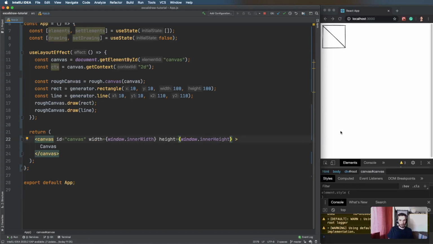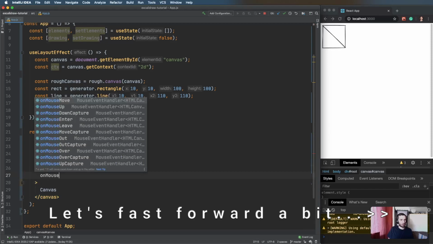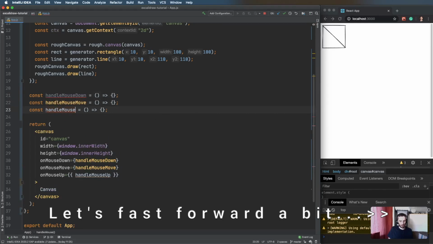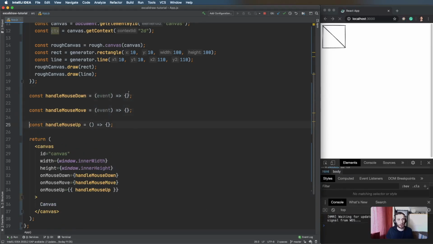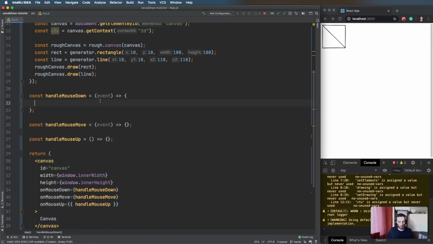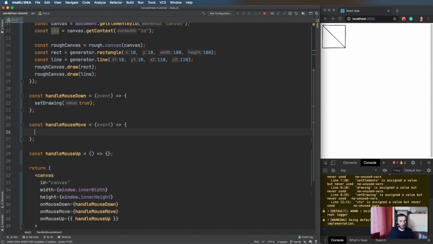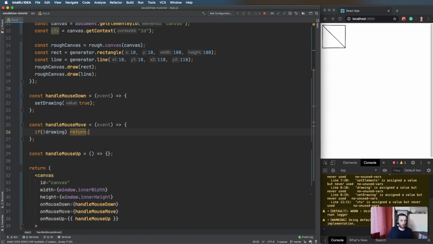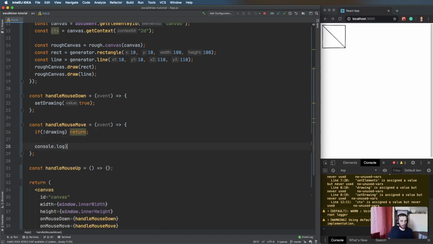So we're going to go to the canvas and we're going to add some events. So when we click down on the mouse, I'm going to go to the console here. When we click down on the mouse, all we want to say is we want to set drawing to true for now. Perfect. And as we move, we want to track the X and Y coordinates. So let's just say if we're not drawing, then just return. Don't really care. Otherwise, for now, let's just console.log